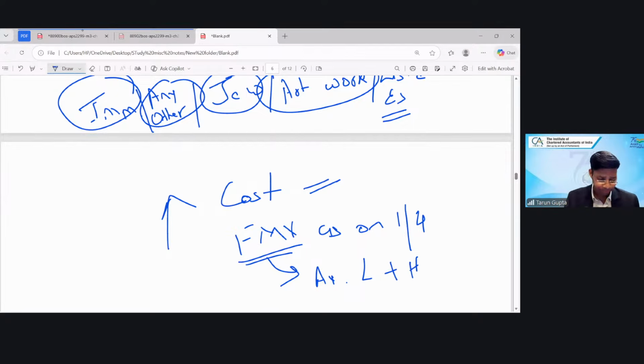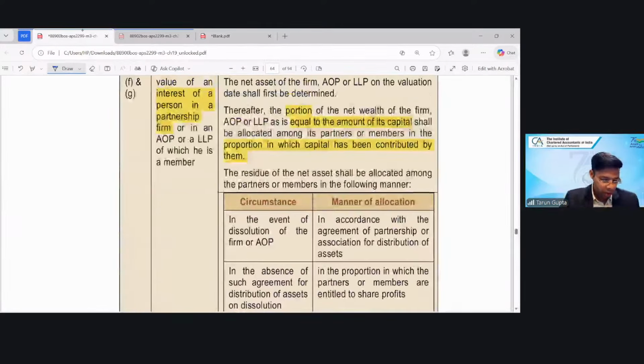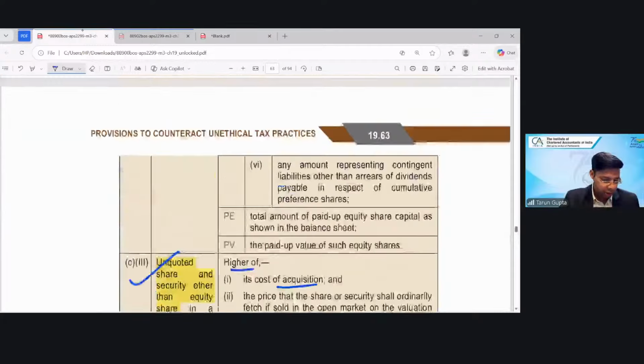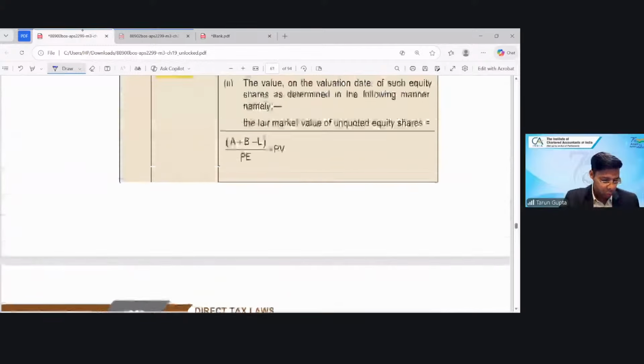You will average the lower and higher price on 1st April 26 in the US stock exchange, I mean NASDAQ. So you will compute this value, and whichever is higher is the amount, which is the value on which tax shall be levied. Okay. So now we are left with 3 assets. One is